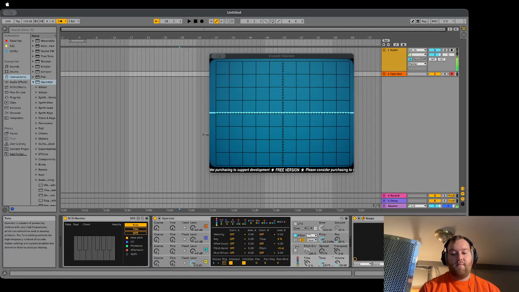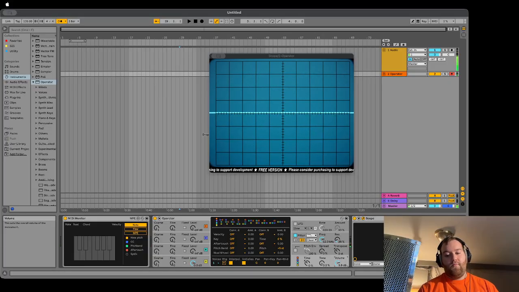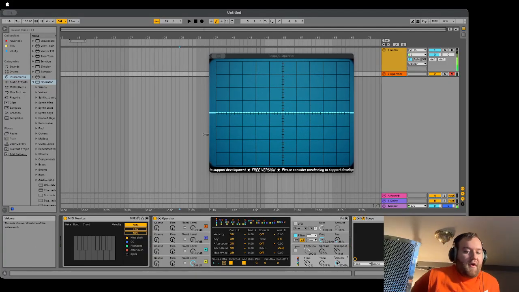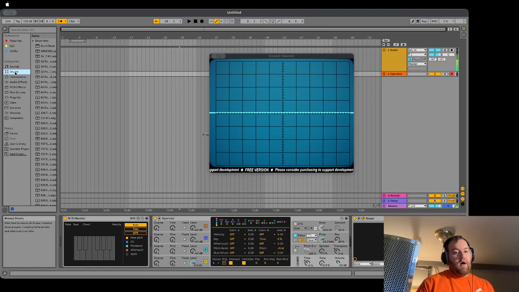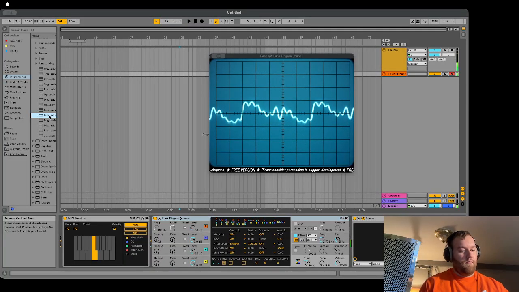The tone knob, if you turn it up more, you'll get more brightness. If you turn it down more, you'll get less brightness. The volume is exactly what it sounds like. Now, we are officially through operator. Obviously, there are a lot of things you can do with operator, but I feel like I've taken up so much of your time already